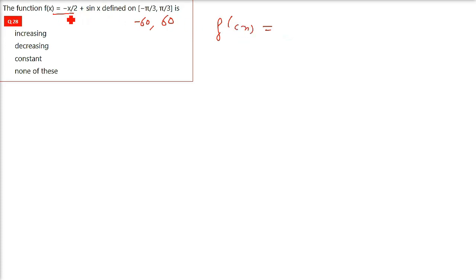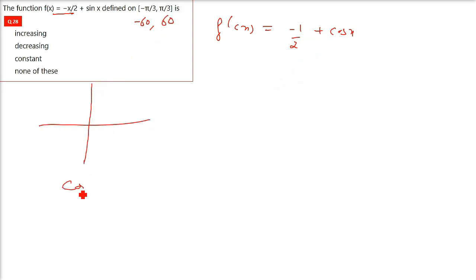f dash x is what? Let us differentiate this first. f dash x is minus 1 by 2 plus cos x, since the derivative of sin x is cos x. This is your f dash x. Now you have to tell whether it is increasing, decreasing, constant, or none of these. And the interval is also provided to you, which is negative pi by 3 and pi by 3. We don't know whether it is less than 0 or greater than 0, so we just have to deal with the